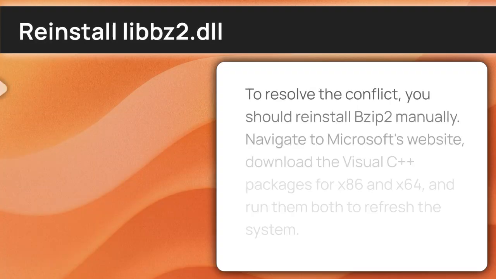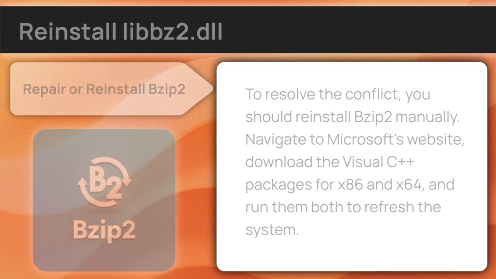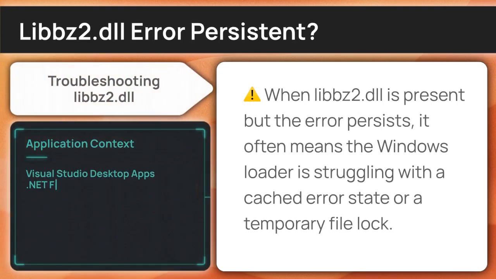To resolve the conflict, you should reinstall Bzip2 manually. Navigate to Microsoft's website, download the Visual C++ packages for x86 and x64, and run them both to refresh the system. When a standard reinstall doesn't cut it, we move to advanced diagnostic steps to ensure the system is properly